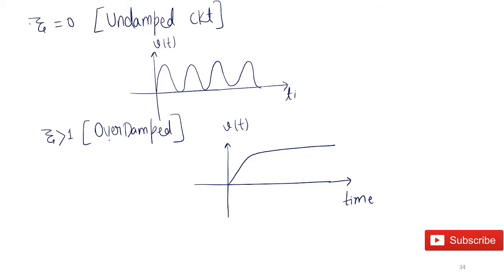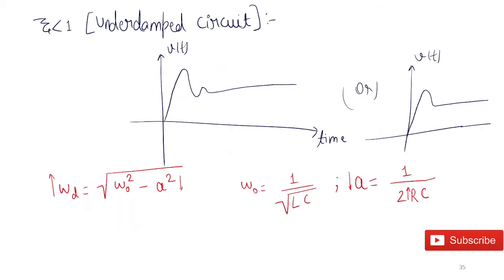Zeta greater than 1 means overdamped, there will be no oscillations in the output, so you will get a smooth response. But practically we do not design the system for zeta greater than 1. Practically we design our system for zeta 0.6 to 0.8, which means zeta less than 1. Okay, this is the practical value for designing the system, zeta 0.6 to 0.8. Zeta less than 1, underdamped, means the system should come into steady state after 1 or 2 oscillations.